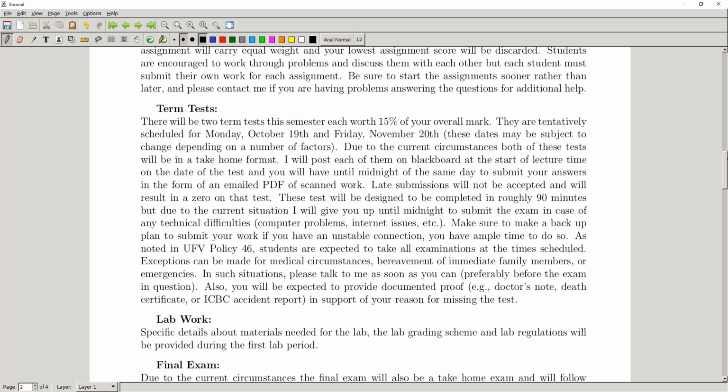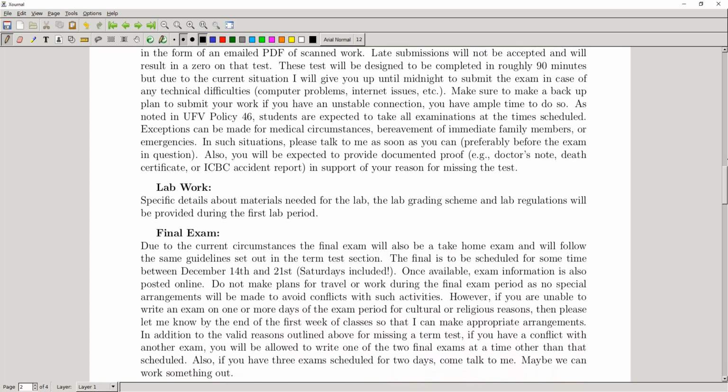Okay. As far as the lab work goes, the first thing I'll mention is there are no labs the first week of class here. And after that, I'm just going to refer you to your lab instructor to tell you about how the labs are going to work. Labs are face-to-face this semester, but there's a number of safety protocols in place. All of this is going to be discussed with you in your labs, so I'll leave that to the lab instructor. Just make sure that you keep in touch and you're aware of when your labs are starting, and you can get there to get the information and get started with those. And as I mentioned, labs will make up 15% of your overall mark. So I'll leave the lab discussion there.